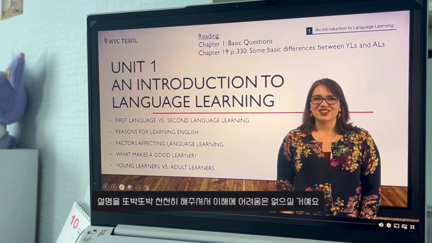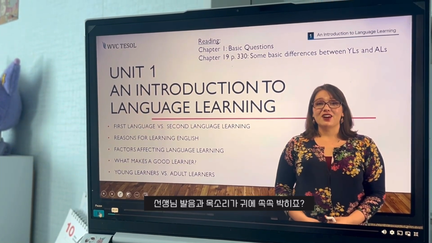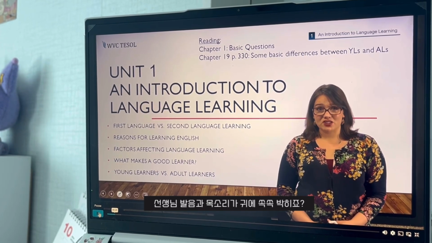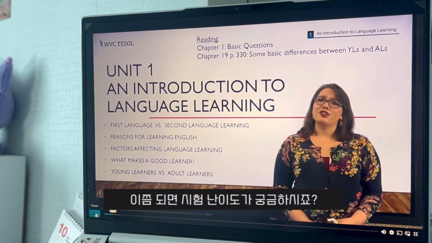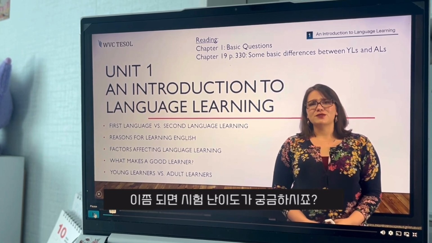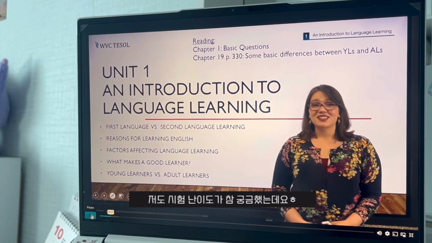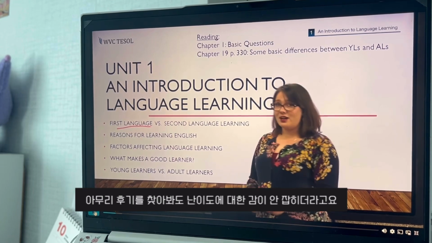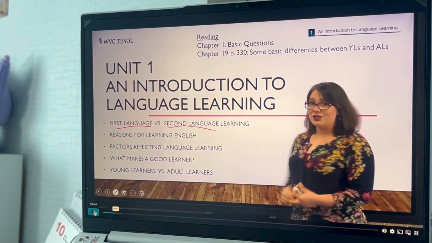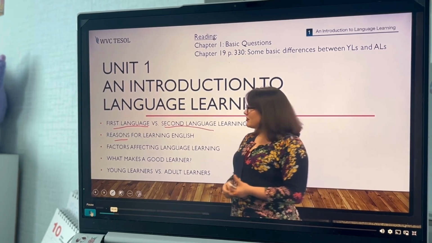Unit 1, an introduction to language learning. Readings that will help you with this unit are Chapter 1, Basic Questions, and Chapter 19, page 330. There's a description there about the differences between younger learners and adult learners. Topics in this unit include the differences between first language acquisition and second language acquisition, reasons why people learn English,